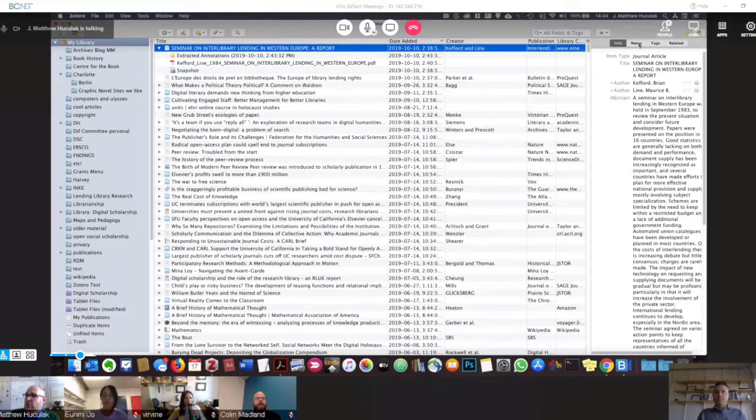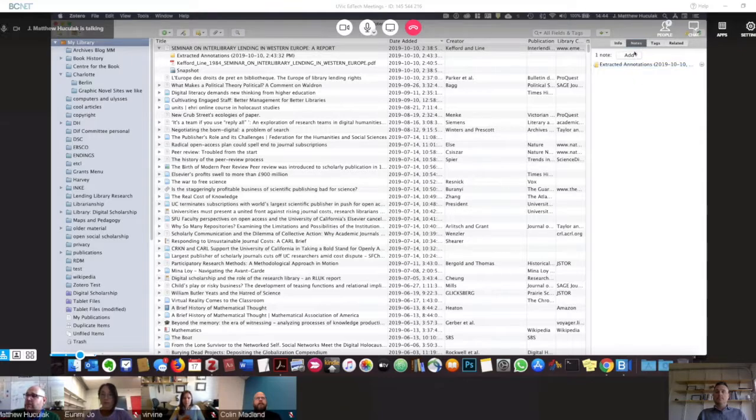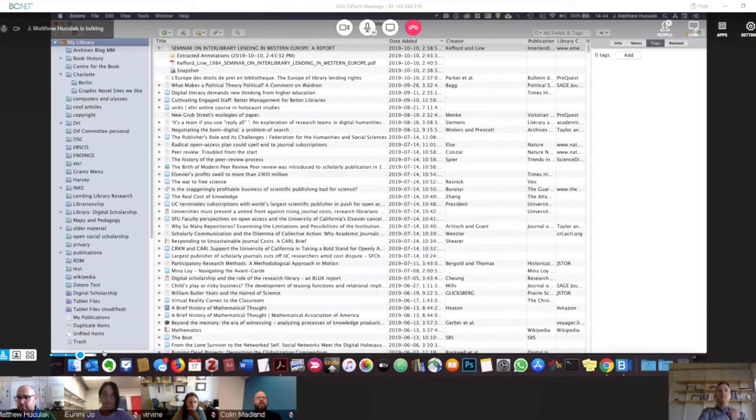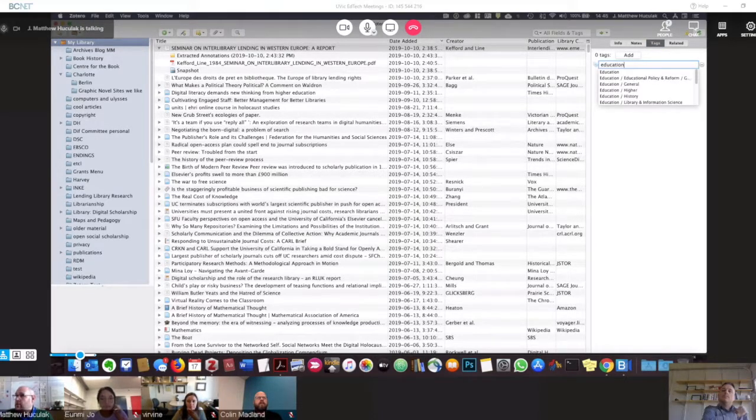If you wanted to write notes, you can also add notes over here. You can also tag your documents. So rather than relying on librarian subject terms for your articles, you can create your own. And I have this turned off on my machine, but if you create a tag and hit enter, the more tags you have, they'll appear as a tag cloud down here in the bottom left-hand